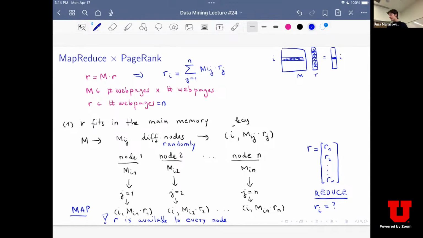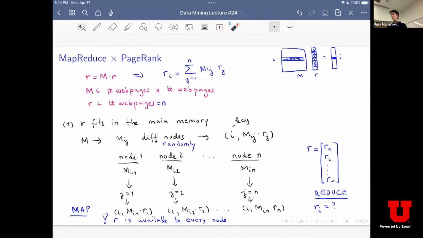Okay, so that's a big assumption, that our R we can fit in its whole entirety on a node, because our R is the size of the number of web pages, and it's not going to be a sparse vector, because remember, this is a vector where we have our importance scores. So each one of the web pages will have some value for the importance score, and we won't have lots of zeros inside of the PageRank